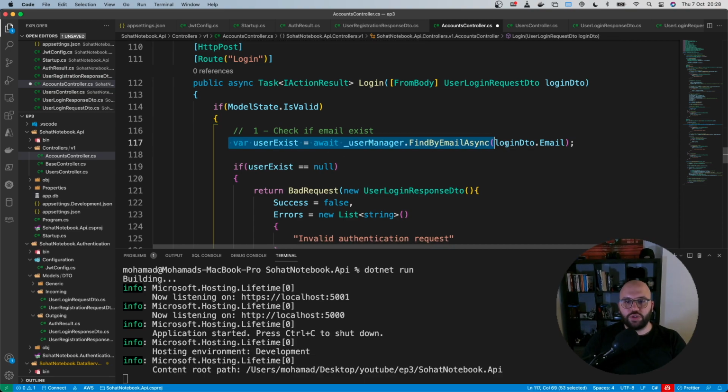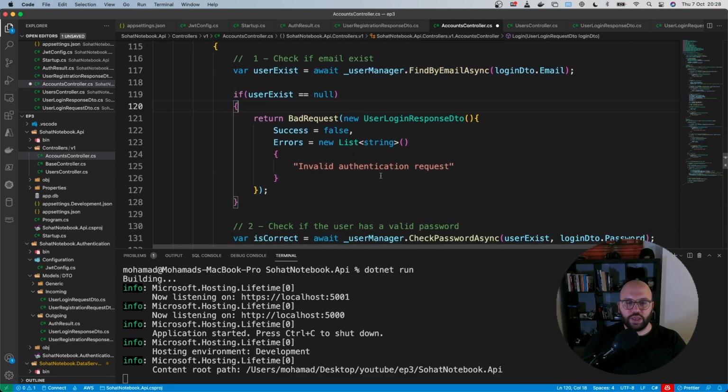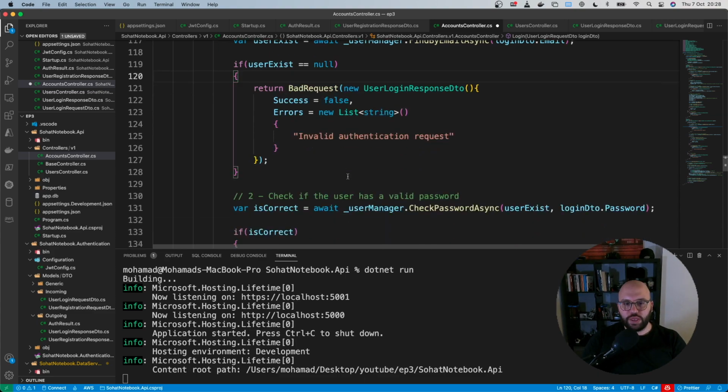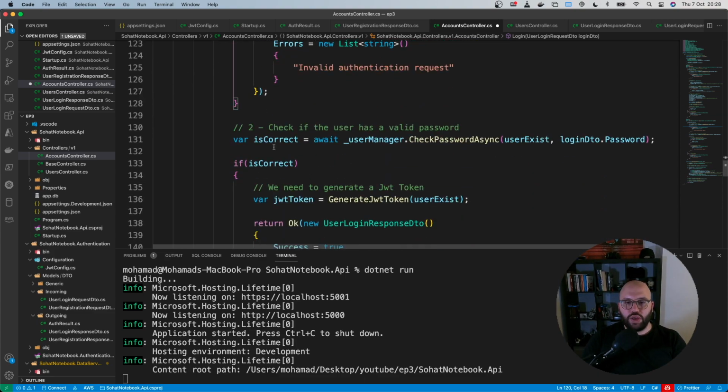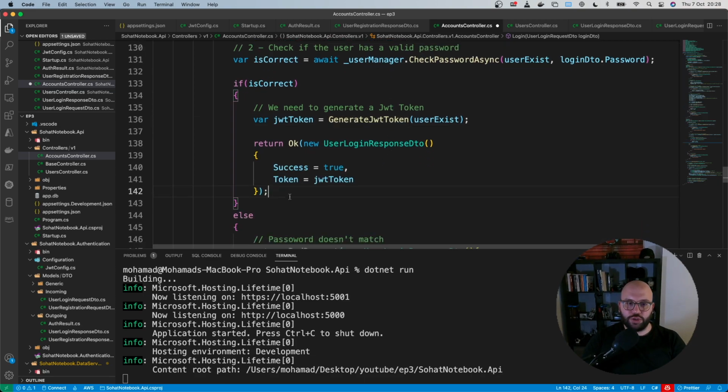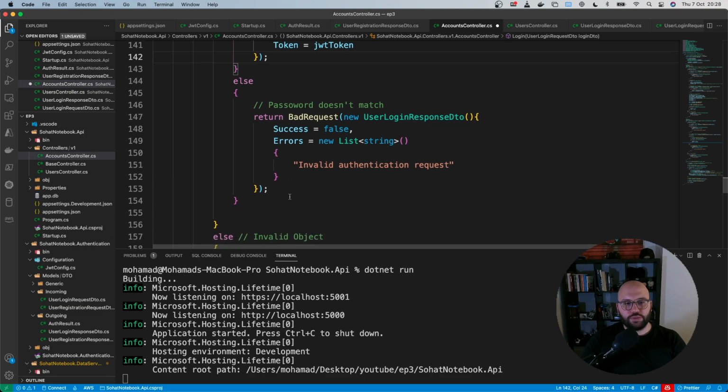Similar, we have checked first if the email exists or not, and if it doesn't exist, we have returned a bad request. If it exists, we have checked for the password, and if the password matches what we have, we actually generated a token and we return it back to the user. Okay, great. So now that we have implemented this functionality and we have completed all of this, the next